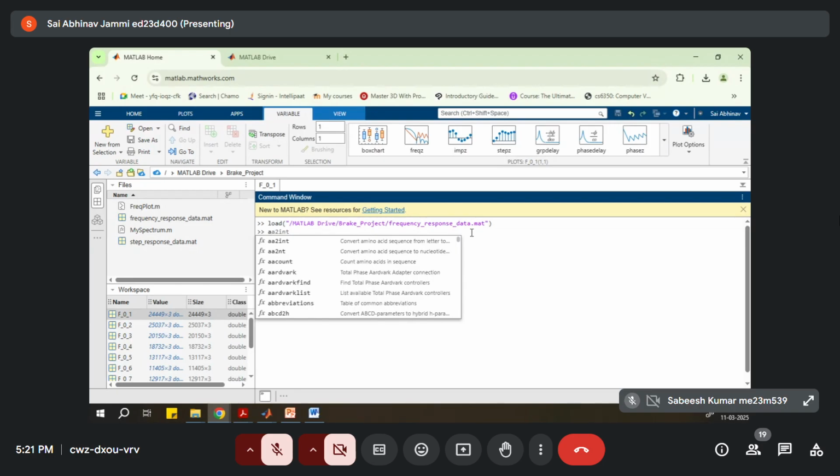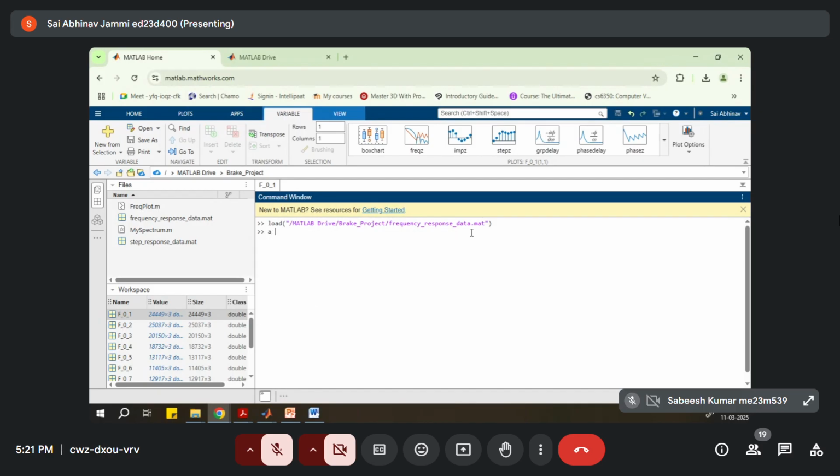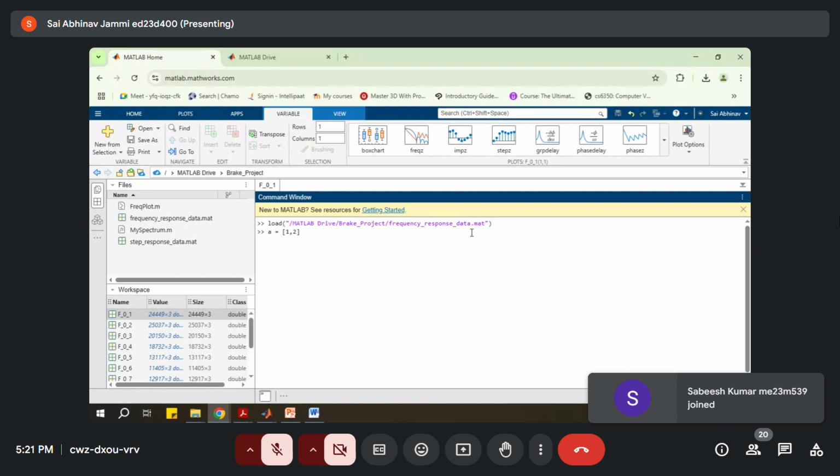Let us say I have a variable. I'll give a brief introduction of how we do the operations here. Let us say I have a variable A, and I'm defining it as a matrix. Matrices can be defined by using square brackets. So let us say I have a matrix called 1 comma 2. So 1 comma 2 means this is a matrix with one row